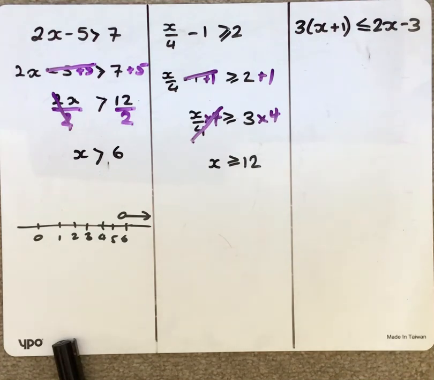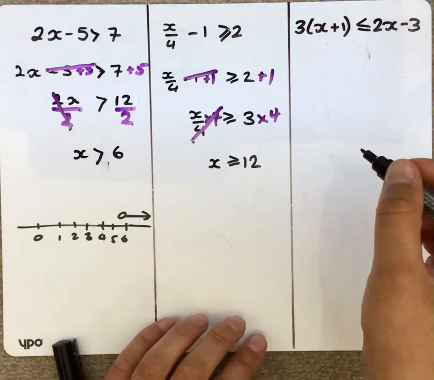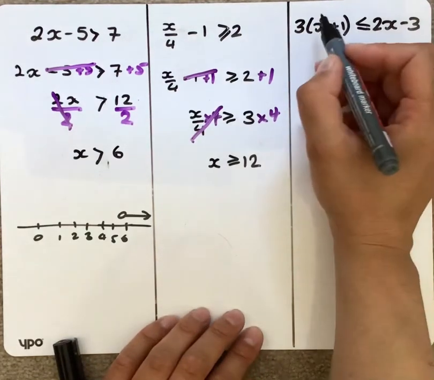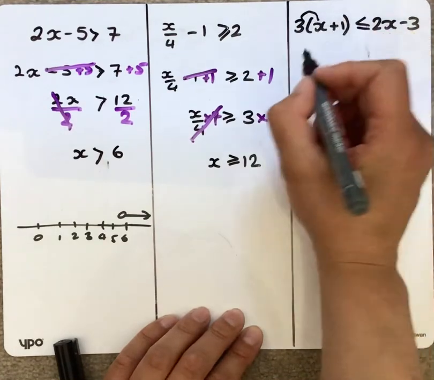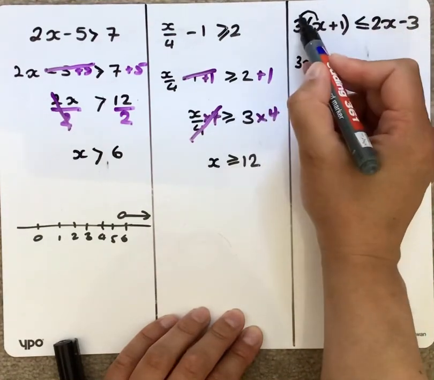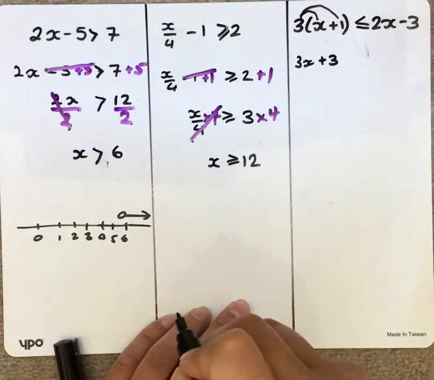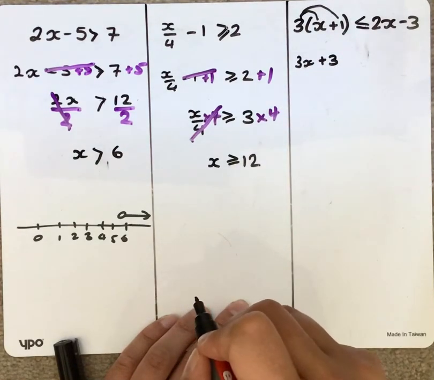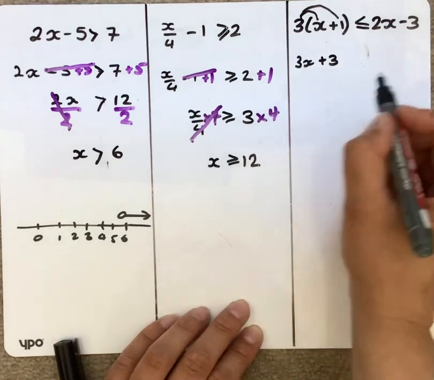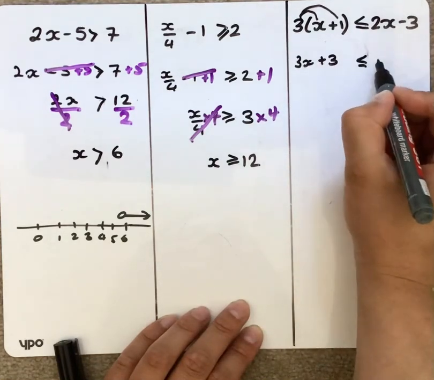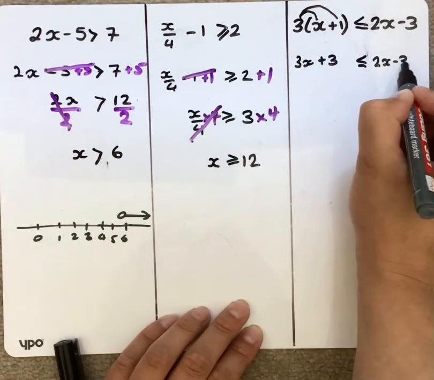Let's have a look at this last one here. Looks a bit tricky because it's got brackets in it, but that's not going to worry me because I know how to get rid of brackets. To get rid of brackets, I times everything in the bracket by the number outside the bracket. So I do 3 times x, which is 3x, and 3 times 1, which is 3. So I have 3x plus 3 on the left hand side, and I've still got 2x minus 3 on the